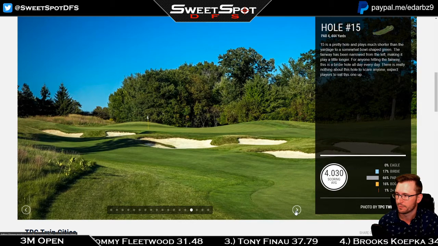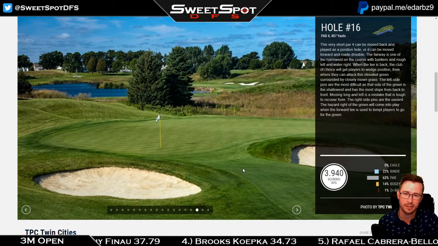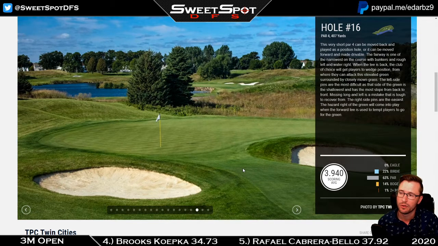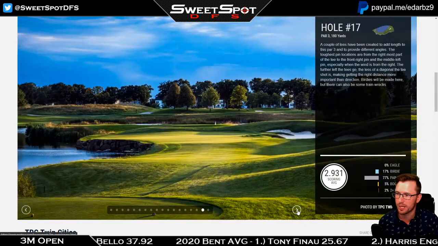Hole 16, we have water on the right side. That's a fade. So now we have 8 fades, 3 neutrals, and 5 draws. So I think that just sums up. We want to hit,